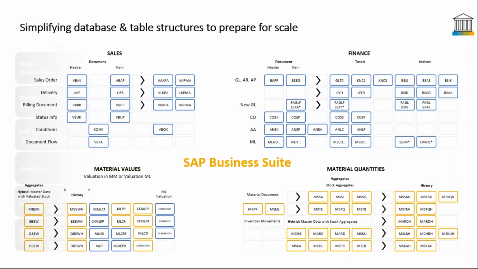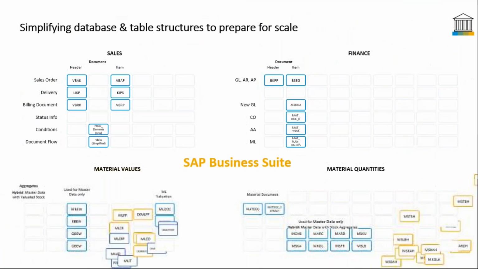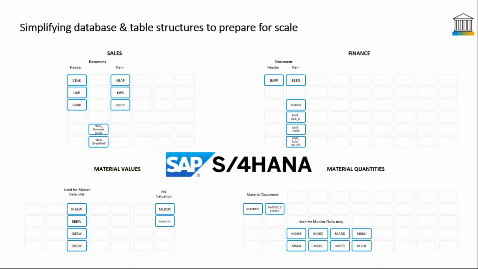When it comes to the tables, these are the existing tables. I'm just putting it for your perspective, though we have discussed the tables. These are the existing tables which are there as part of ECC. Now after SAP S/4HANA, you see the overall number of tables has been reduced. One more thing I want to tell you is pricing tables. You have your KONV, KONP. All these pricing tables have been eliminated into one single table called PRCD_ELEMENTS, where they have redefined a lot of backend work in terms of character length changes. PRCD_ELEMENTS is the only single table as part of pricing.